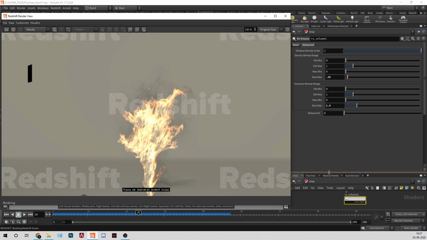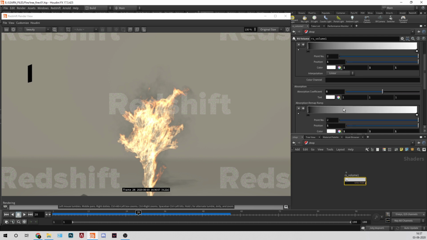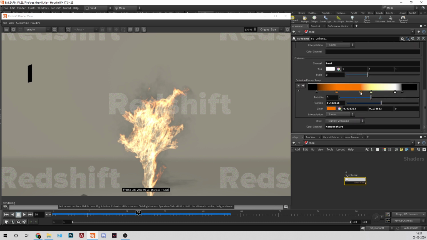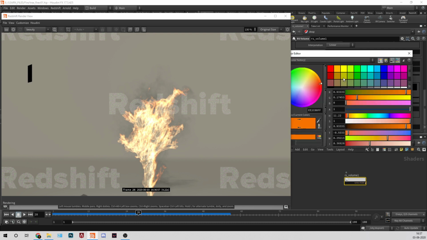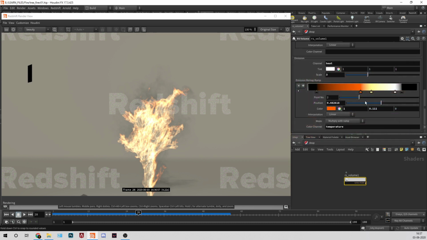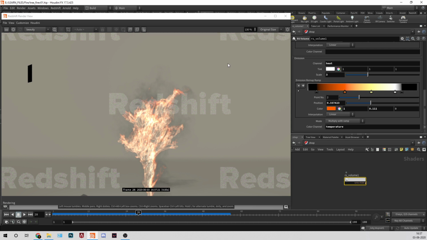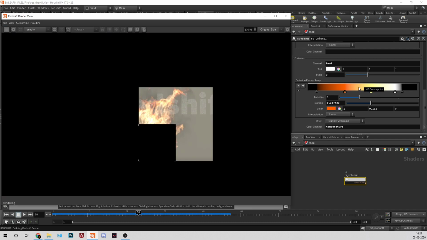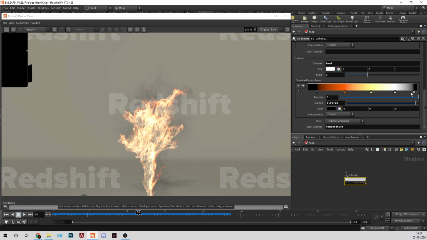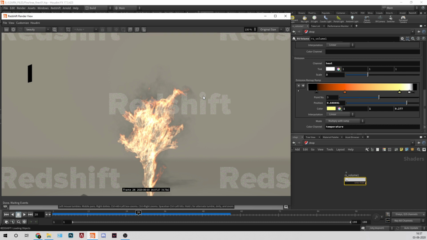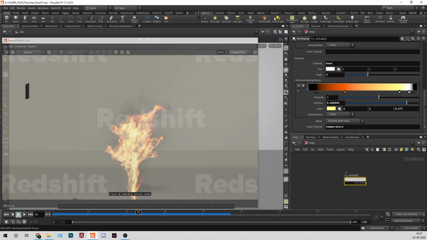Yep, and our orange should be more, this thing should be more. So we have a look like this. Yeah, so we are getting these streaks also, and see, this is one frame. And one more thing I'll show you.